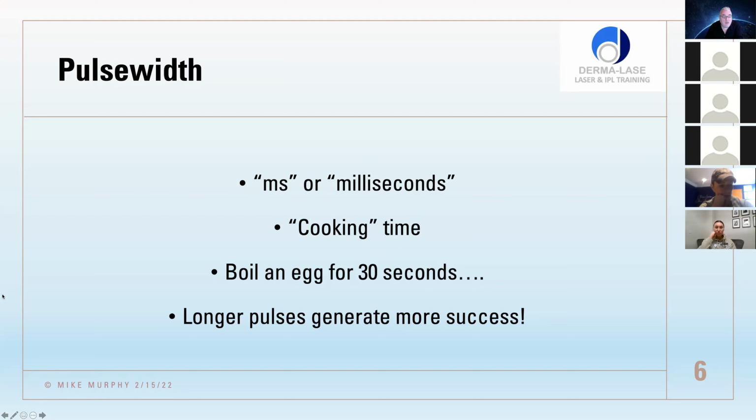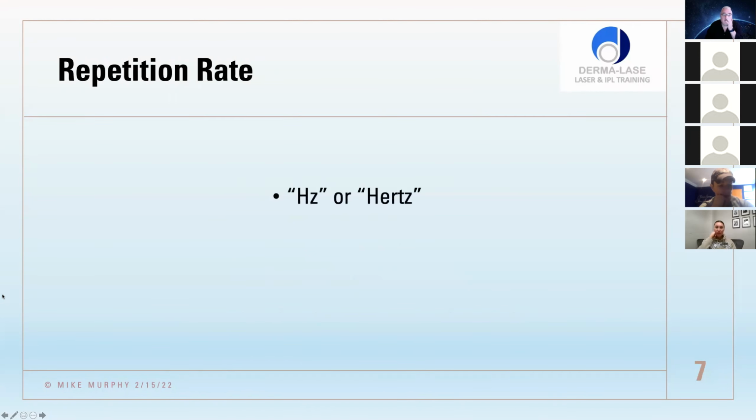And I'll discuss that a wee bit more later. Then we get repetition rates, or the hertz. And this is just how quickly the shots are fired every second. So you might have a machine that can fire 2 or 3 hertz, or 2 shots a second. That's quite slow. Or you can get some machines, some lasers now, that can go up to 10, 15, 20